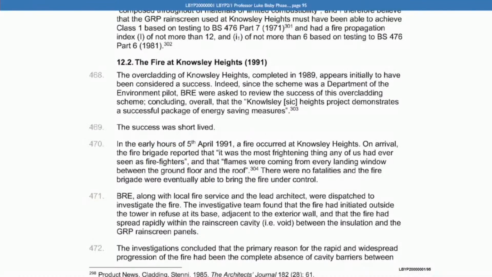And you say there, in the early hours of the 5th of April 1991, a fire occurred at Knowsley Heights. On arrival, the fire brigade reported that it was the most frightening thing any of us had ever seen as firefighters, and that flames were coming from every landing window between the ground floor and the roof. That's a quotation from Shannon, 1991. There were no fatalities, and the fire brigade were eventually able to bring the fire under control. And if we go to